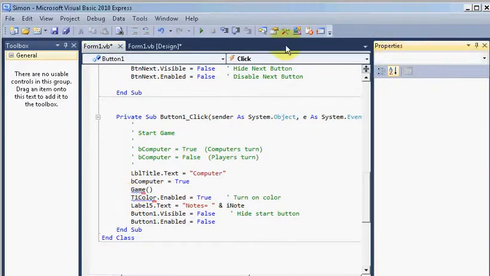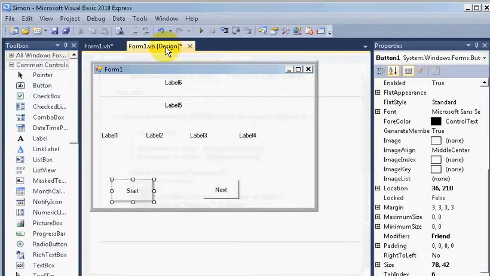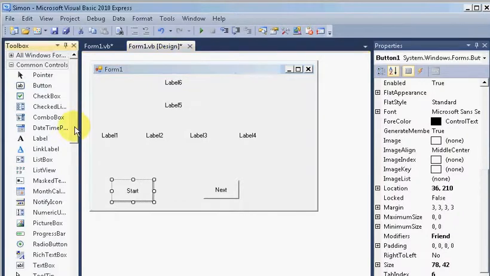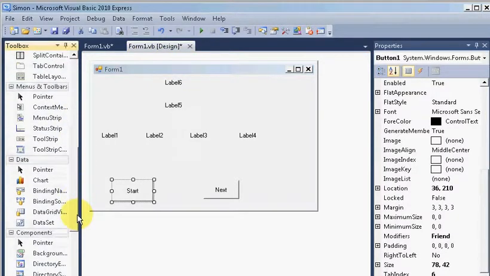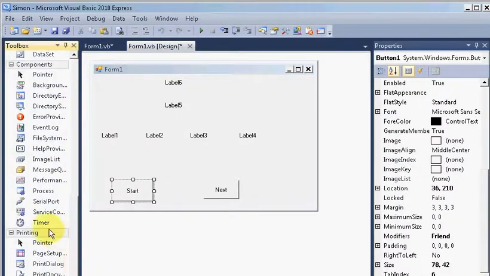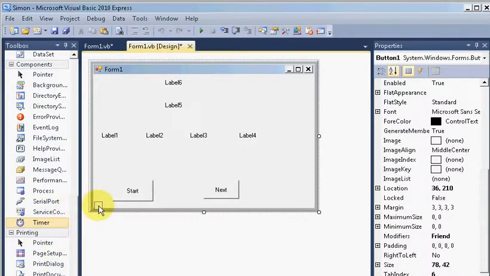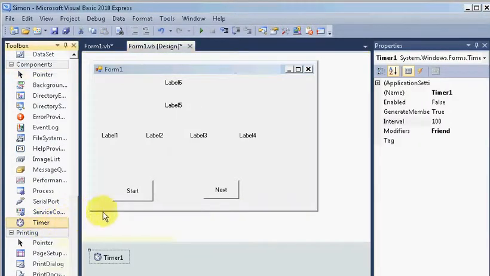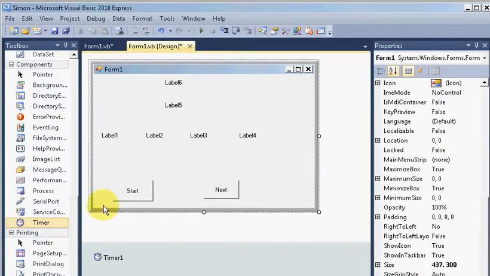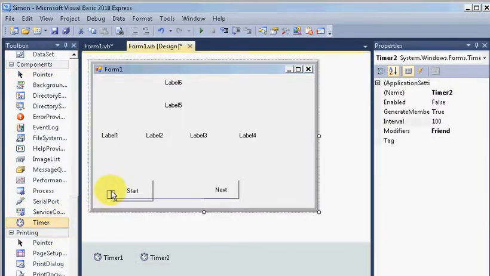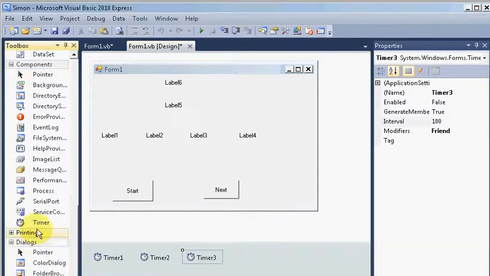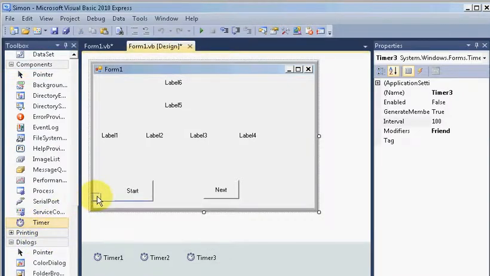We need to click on the form, and we need to add timers. Click on the timer and drag it to the form. 1, 2, 3, 4. Click on timer 1